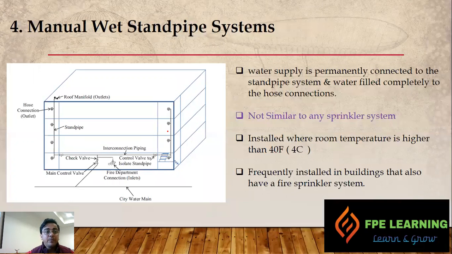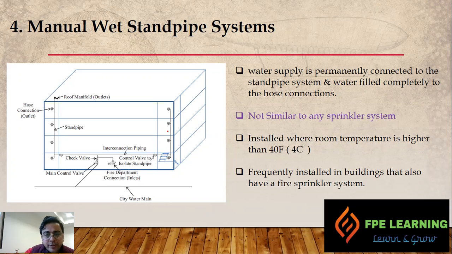The next one we have is the manual wet standpipe system. Manual in the sense that the water needs to go inside manually, and the water supply is connected to the standpipe system, and water is filled completely to the hose connection, right? It is not similar to any sprinkler system, because the difference between the automatic wet standpipe system and the manual wet standpipe system is that the water supply